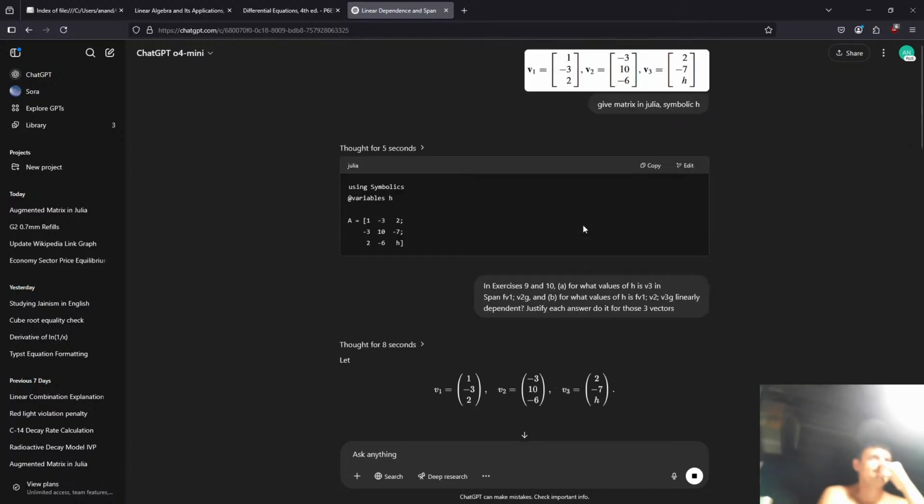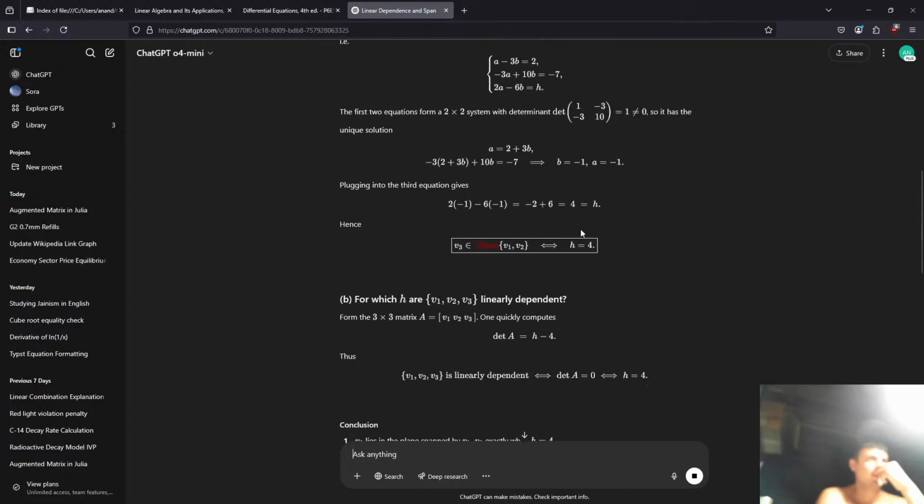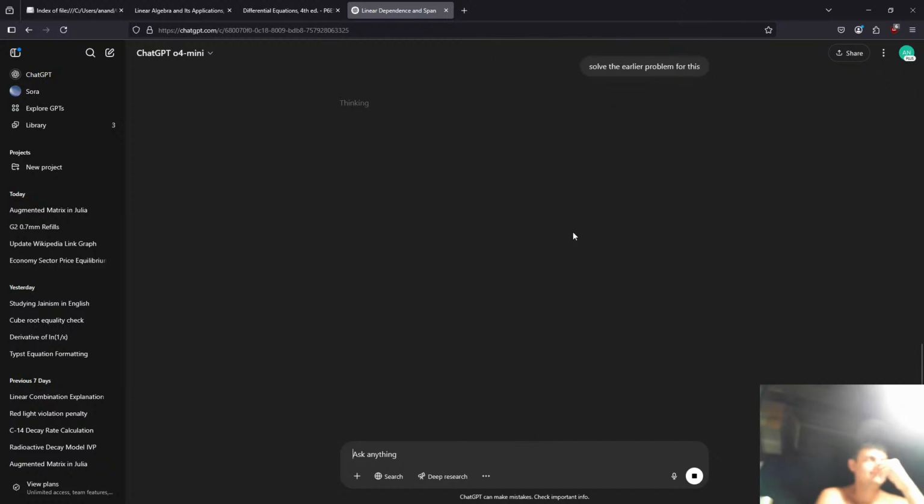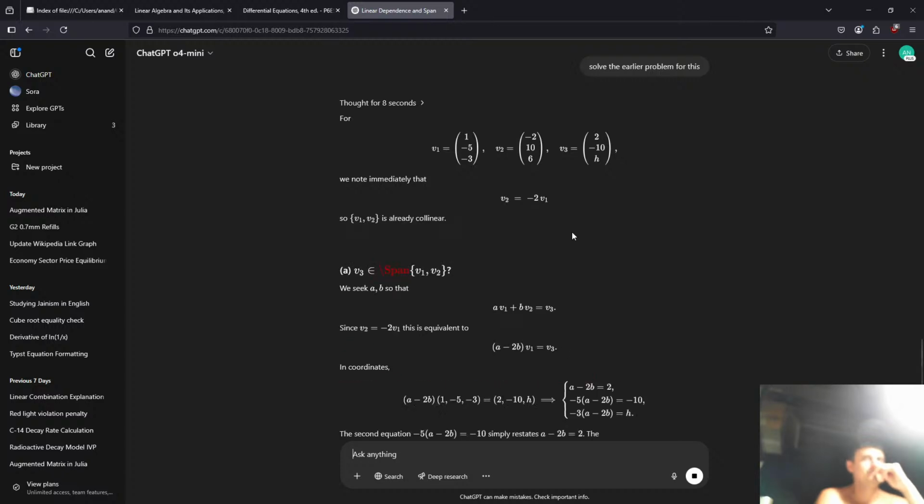If I have linear dependence, there's one row, usually the last row, because I have to push it down to the bottom to be in REF. It has to have all zeros. That means